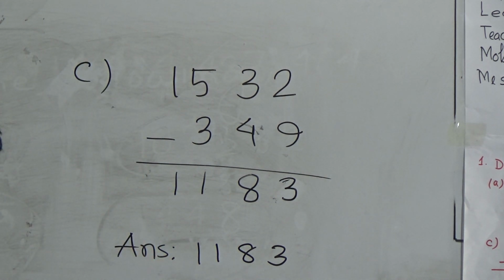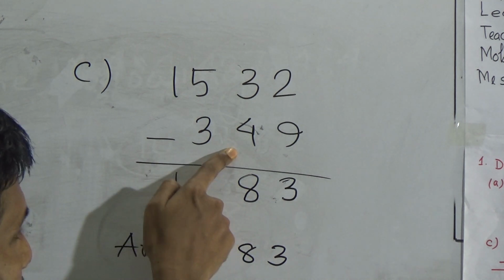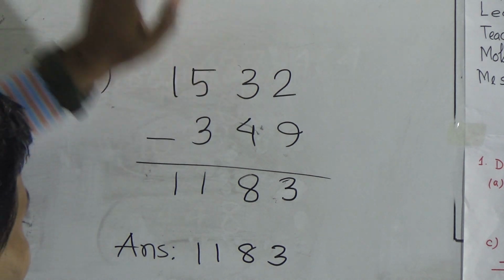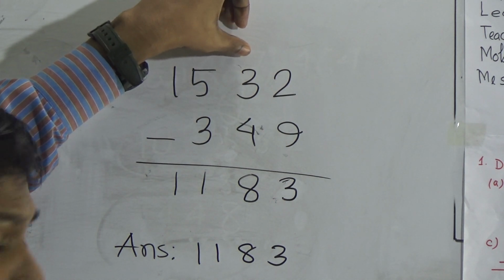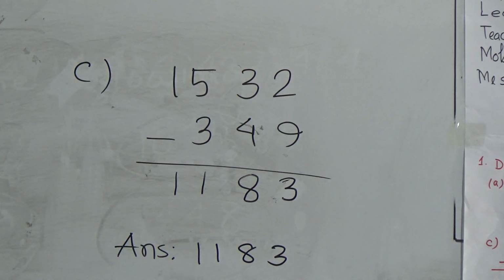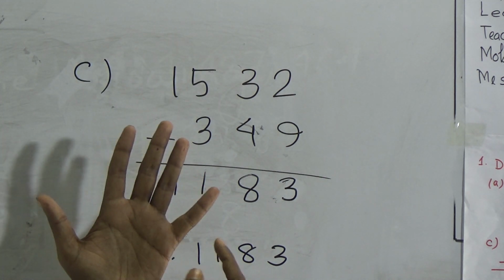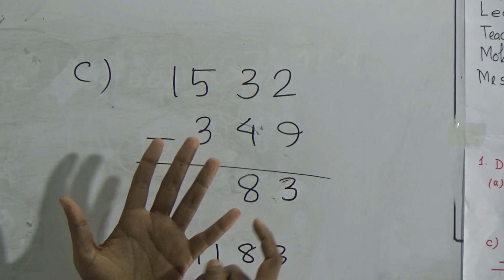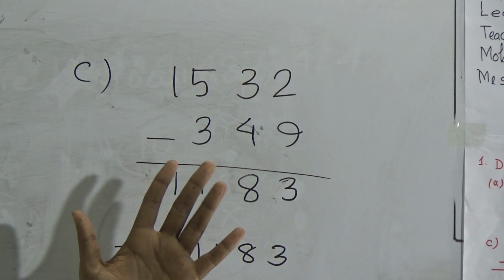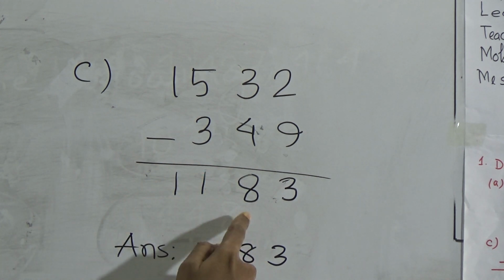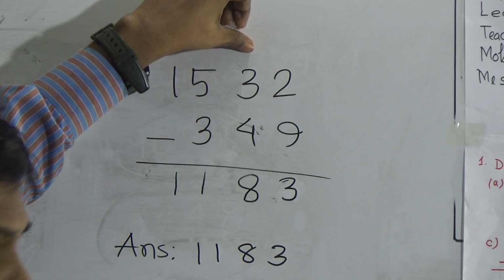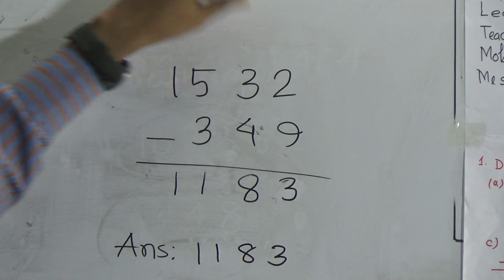You add that one to this 4, then we get 5. Now you have to subtract 5 from this 13. Here 3 means 13. Okay, now count your finger. 5, 6, 7, 8, 9, 10, 11, 12, 13. That means how many number? 8. Right here, 8. As you consider 3 as a 13, so you have 1 in your hand.